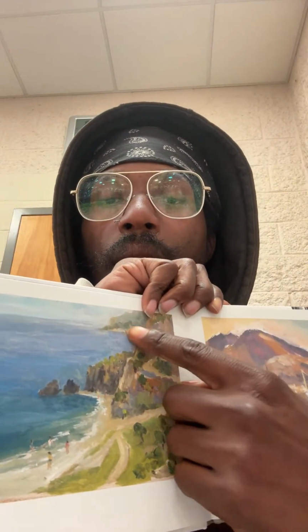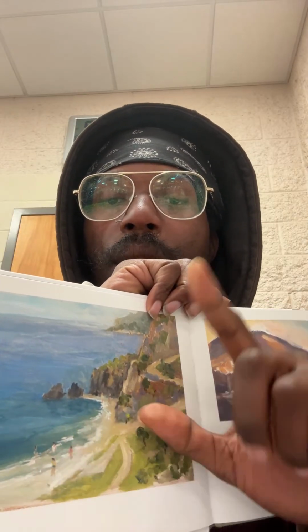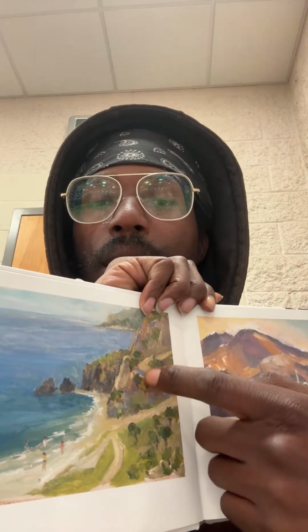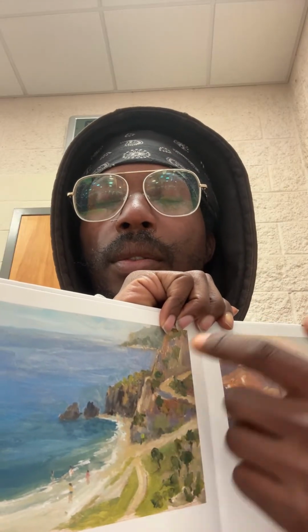The figures add a sense of scale, whilst the road down to the beach helps to guide the viewer's eye into the center of the painting. So when she had talked about either L-shaped objects or S-shaped objects, like within the picture, this one adds an S-shaped curl, if you want to consider that, the S-shaped curl, or an L-shape is what buildings or things make, or I think she also mentioned,